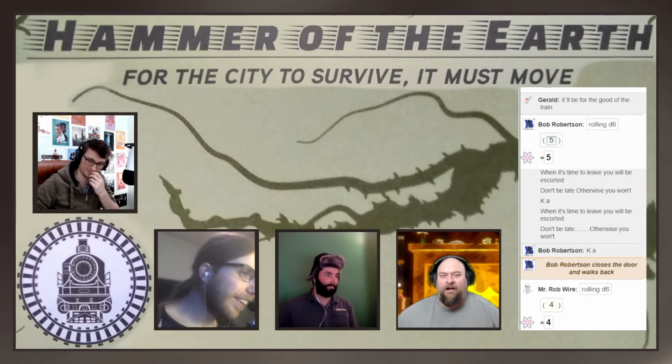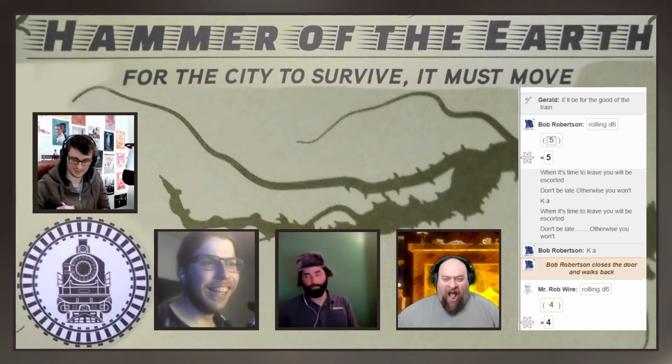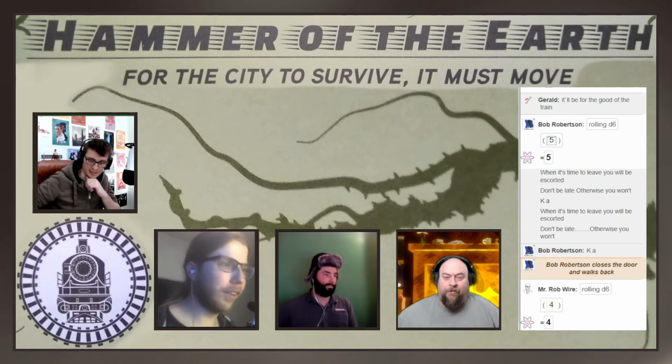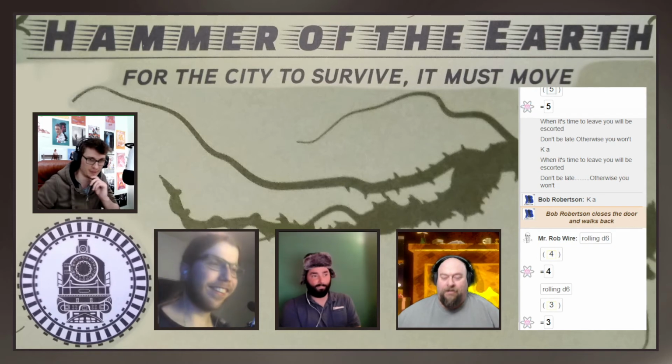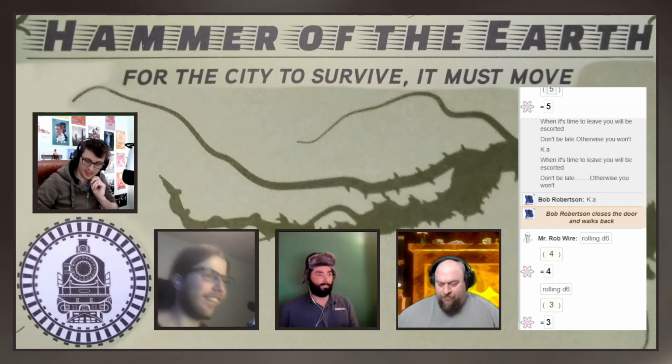4. Yeah. Roll me another d6. Sorry. Roll me another d6. I forgot that you had two points in Natura. 3. Nice. Okay, so